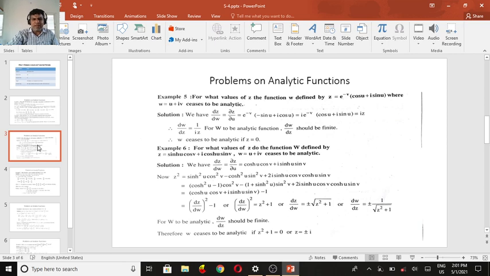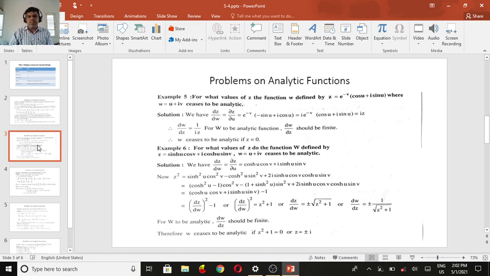One more example. For what values of z does the function w defined by z equal to u e to the power of minus v, cos u plus i sin u, where w is equal to u plus i v, cease to be analytic? If we differentiate z with respect to w, because z and w are related by a complex derivative function,